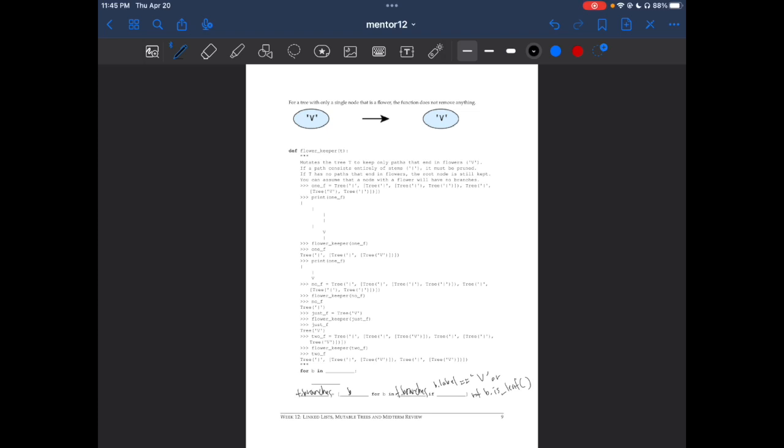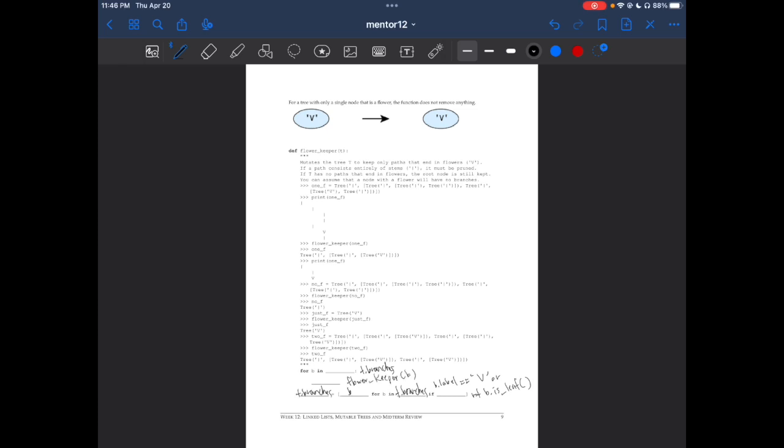Going back up to this for loop, we know that we want to find a way to iterate across each branch of the tree and then the branches of those branches until we reach the end of the tree. We can do this by using this for loop provided in the skeleton code, for b in blank. To repeat this process across the entire tree, what we can do is recursively call flower_keeper on each branch, so we prune those branches as well by writing for b in t.branches,